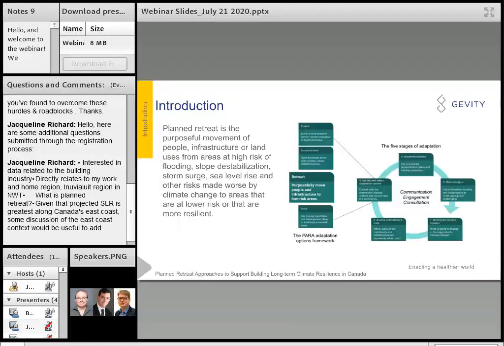Accommodation, or accommodate, is where you might take the community as it is currently, being threatened by hazards, and do something to allow that community to continue to occupy hazardous areas, maybe by raising buildings or flood-proofing, or putting in other building-level accommodations that allow those structures to still function going forward. Of course, we're focusing on retreat, the third option, and that's moving people, houses, homeowners, and sometimes infrastructure to lower